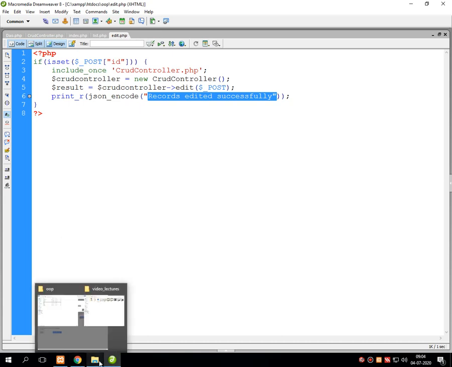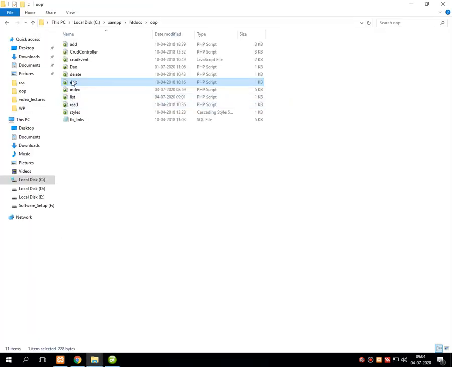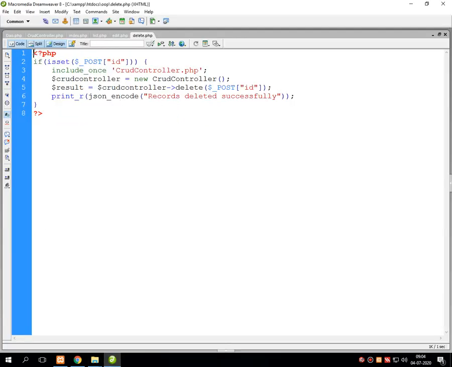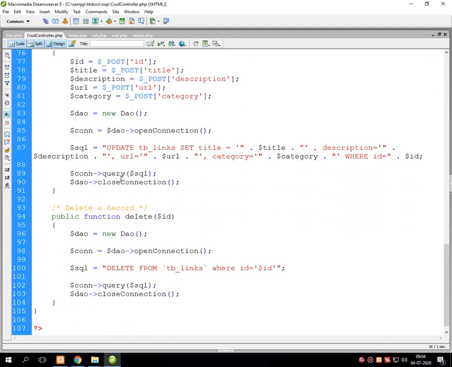Similar functionality we have implemented in the delete file. Everything remains the same, just we are calling the delete function instead of the edit function. Into the delete function we have written a delete query in our crud controller.php file.